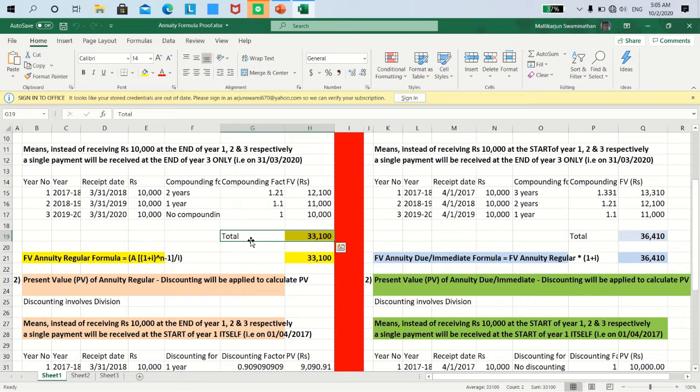Not only that, the percentage will no longer be 10% if it is compounded on a quarterly basis. It will be 10% for the full year divided by 4 quarters in a year, which is equal to 2.5%. Okay, this has already been taught to you in one of the earlier sessions. So please bear that in mind.